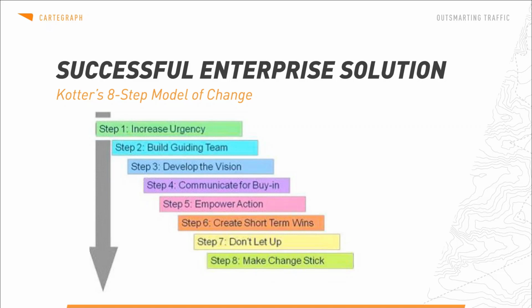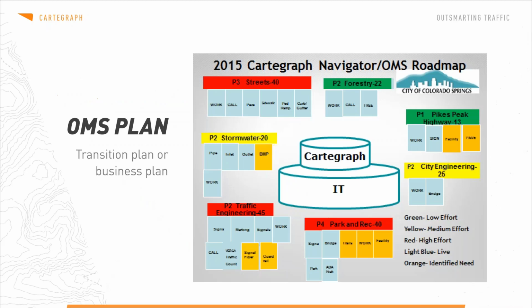So I kind of break that up and look at really where do you want to focus? For example, for us, the citizens were doing a survey. Where do they want to focus the organization on a priority? So